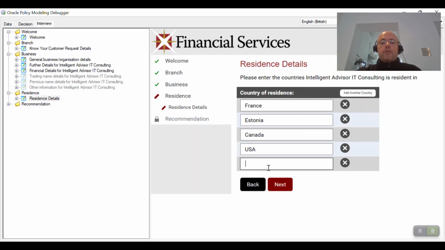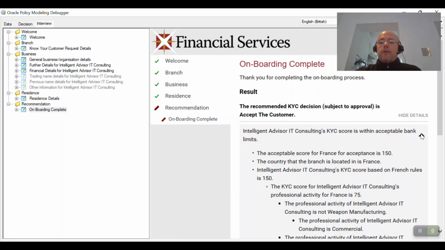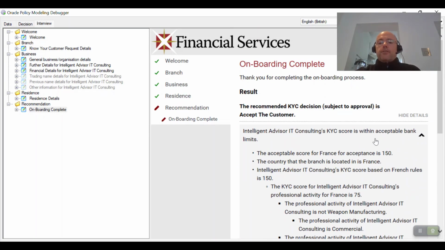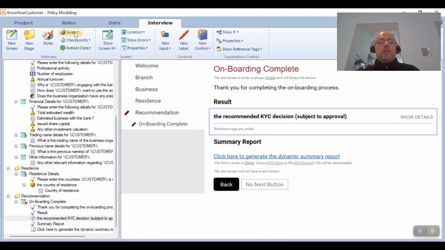as you can see, I'm using the entity collect, and the recommended decision is accept the customer. And when we drill down, we start to see the complete breakdown of why the answer is yes. So a great opportunity for you to modify the project is to go back to any of these where you consider that you might want to, for example, if we look at this attribute here, which concerns the professional activity of the customer,